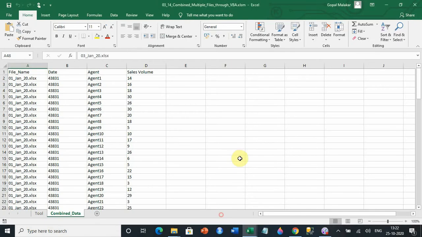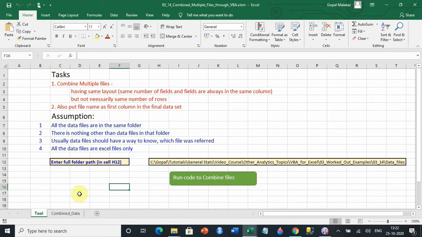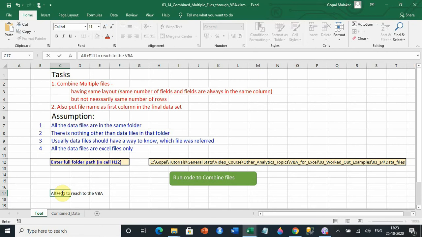You come here in Excel and press Alt plus F11 to reach the VBA window. If this tool is not running, this is what you should do first.